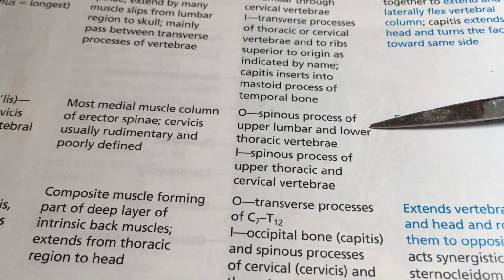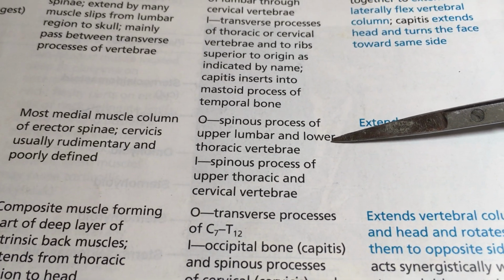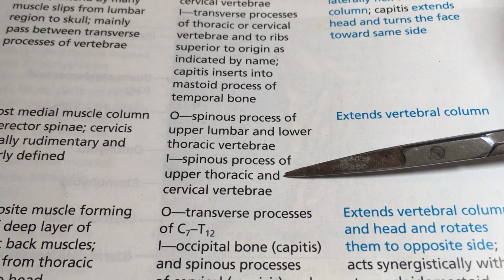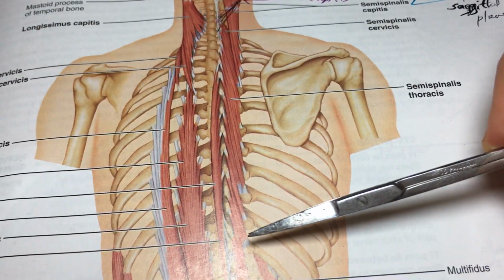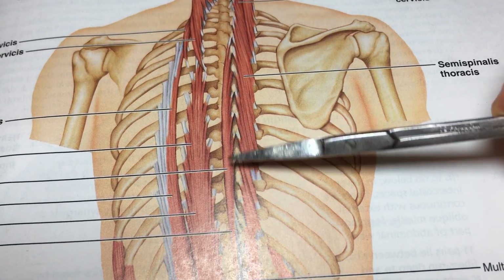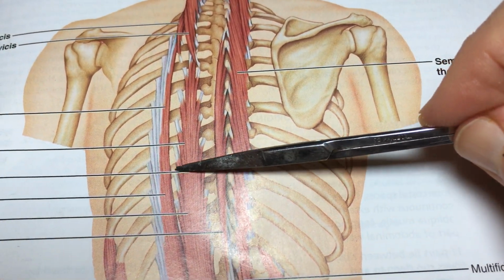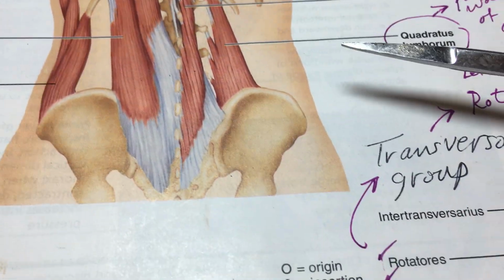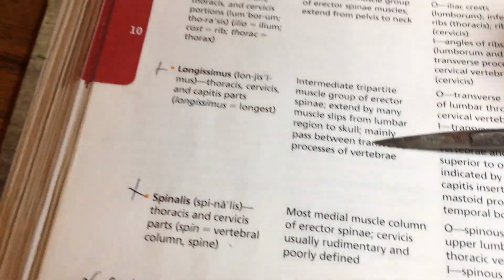If we look here at the spinalis, the most medial aspect, we're going from spinous processes, as well as lumbar and lower thoracic vertebra, and then we're moving on. The insertion is spinous processes of upper thoracic. So they're kind of swinging along here through what we call the gutter region, a depression where the ribs move inward a little bit and deeper. So there's this deep area. We're also going to be noticing another group when we get down to it. But first I want to continue the discussion here of the